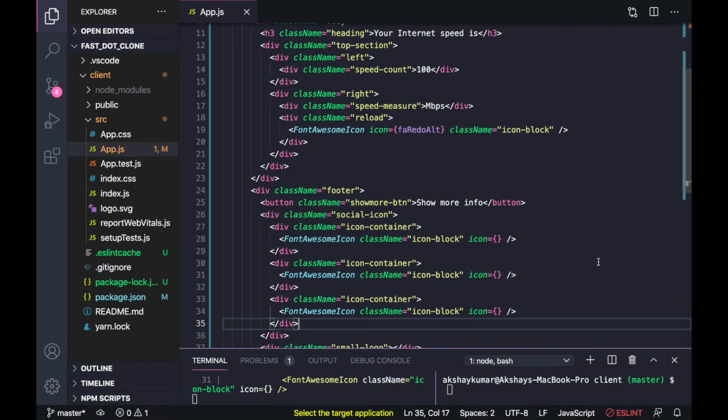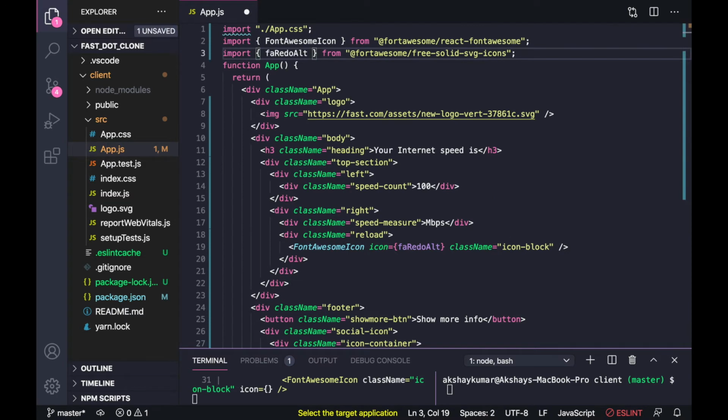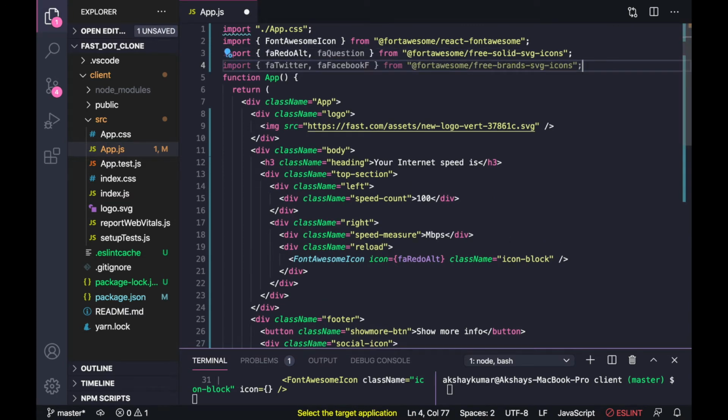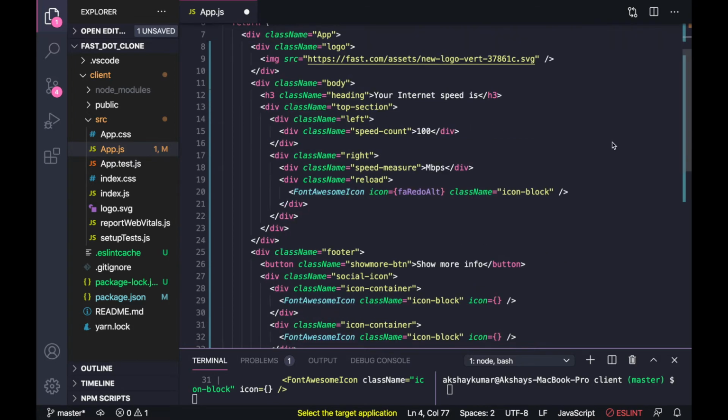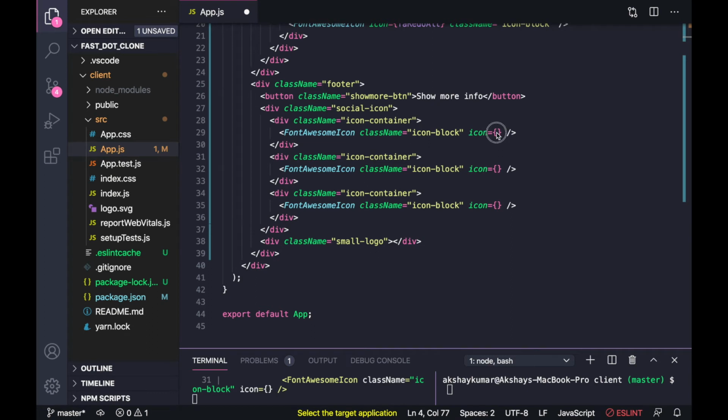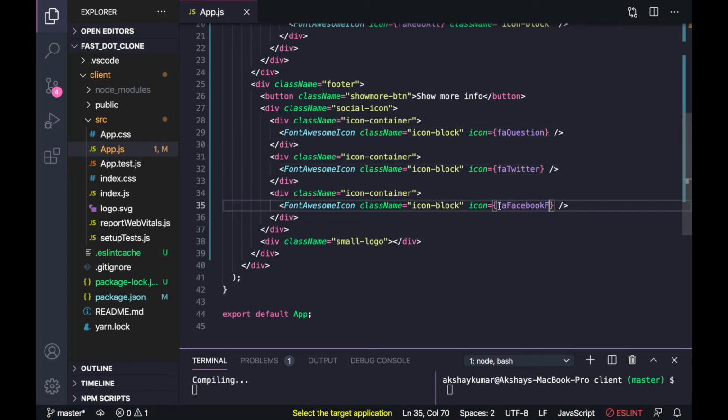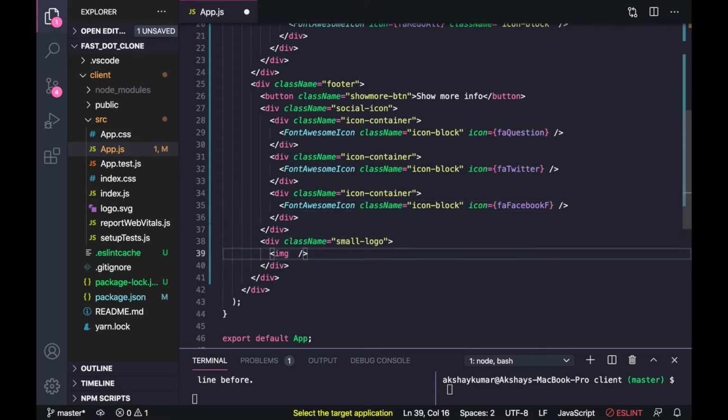Now we will import social icon at the top. So we need question icon here, and for Twitter and Facebook icon we have to import like this, and we will pass icon here. And in a small logo we will write image tag, and we will pass.